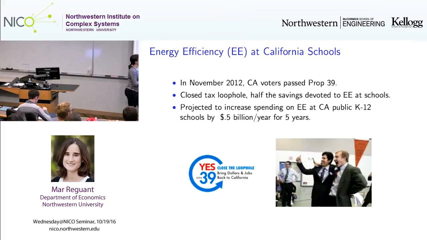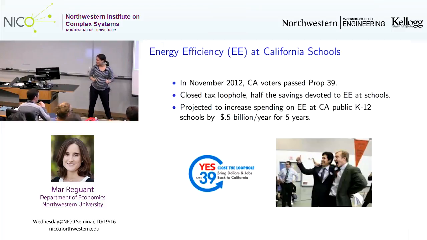They decided to spend $500 million for 5 years on energy efficiency measures at these schools. Initially, Catherine Wolfram, one of my co-authors, was trying to encourage the state to randomize these $500 million per year. That didn't work too well. So these $500 million are being spent, but they are not being spent randomly. Instead, what we have to do is look at the measures that are happening over time and try to see how well they did, but understanding that it's not an experimental setting.